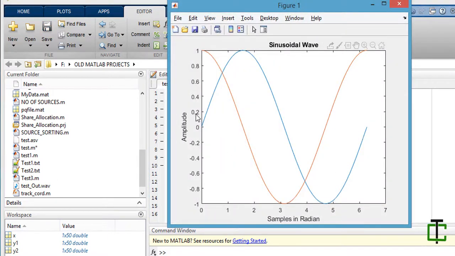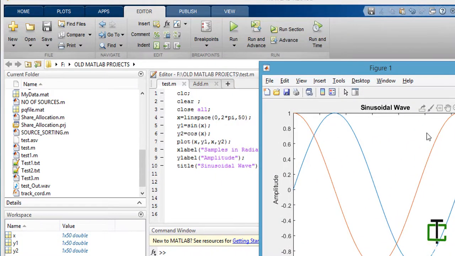Run it. Here you go. You can see MATLAB automatically distinguishes the two plots by giving two different colors, so you don't need to bother about the coloring of the wave. MATLAB handles the coloring of the plot automatically.